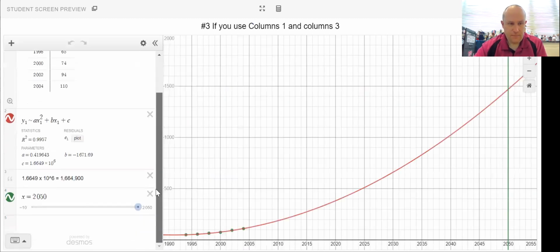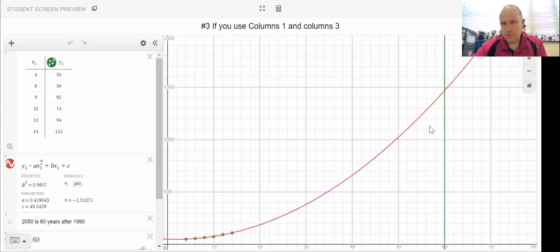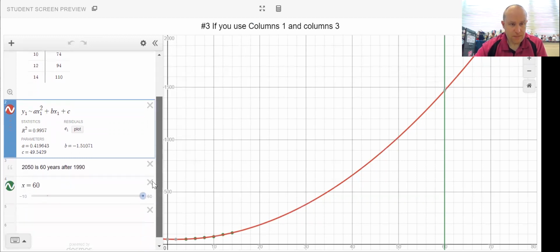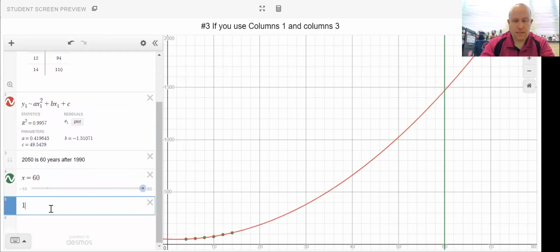And as I go back here, that was the original table if you used years. There we go. There's my X equals 60. And then I can just click to see where it crosses, click once, and then click for a second time. So about 1,470 approximately. But remember, that table for population said this is actually in thousands anyway. So it's not 1,470. We actually have to add 3 more zeros to make it into thousands, meaning it would be